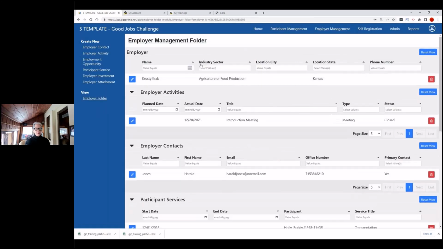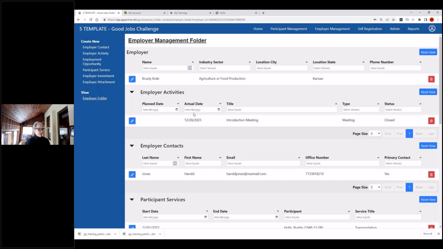So the employer management is really a CRM tool where you're tracking your employer information and employer activities for outreach, to be able to report on how many employers you've called on this quarter. Not something you report on with this grant, but I assure you, you have grants where that's going to be part of your story of success, and how efficient and effective you are in reaching out and working with your employer community to meet their skills, demands, and